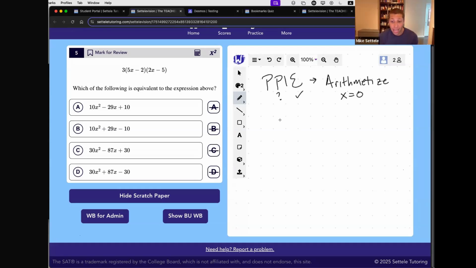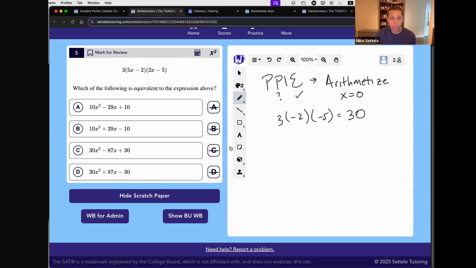In my head, I know that if I put 0 in for all these x's, I'm going to simplify these equations real fast. This becomes 3 times -2 times -5. Put a 0 in place of that x, and it wipes out that 5x. Put a 0 in place of that 2, it wipes out that 2. So we're left with just those pieces. I might write that on the scratch paper if I've got my pencil handy, but even still, -2 times -5 is 10. 3 times 10 is 30.